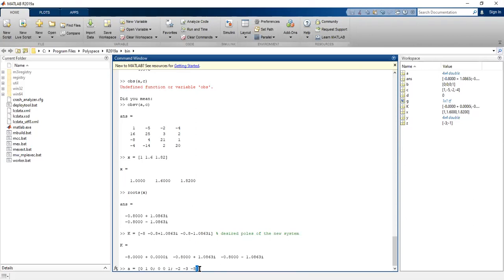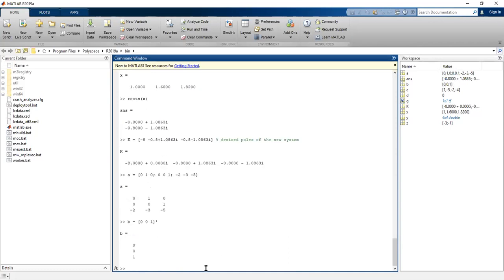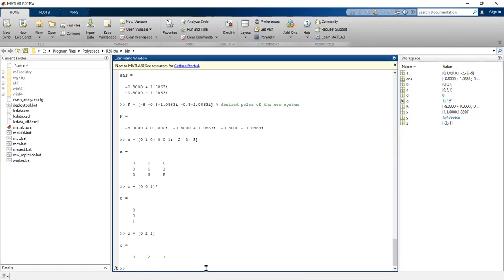All right. And then we put in our B, 0, 0, 1 transpose, come out outside, and put in our C, which is 0, 2, 1. All right. Now,